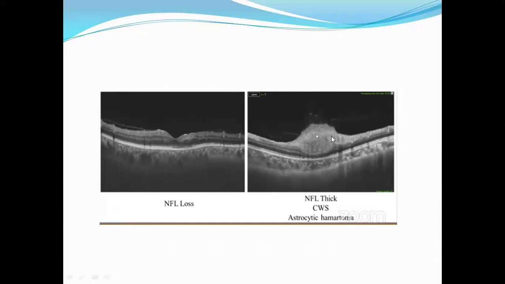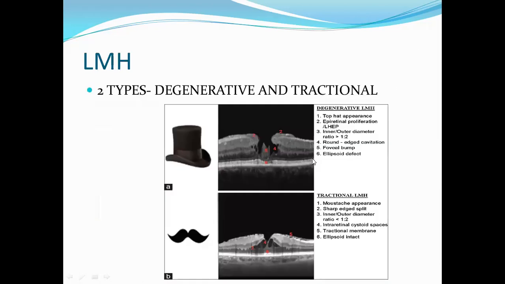This thickening of the nerve fiber layer can either be seen in infarcts of the nerve fiber layer, which are cottonwool spots, or in tumors of the nerve fiber layer. So here, this is basically an astrocytic hamartoma. This picture is a case of tuberous sclerosis. In this you find the nerve fiber layer thickened. Then in the retina, we come to lamellar macular hole. So OCT can differentiate